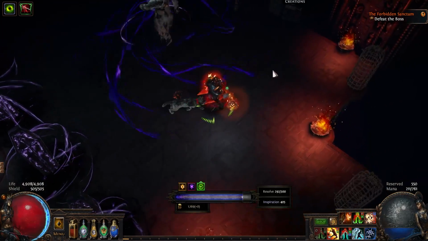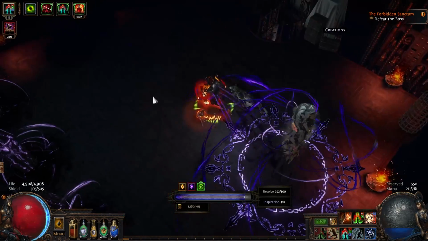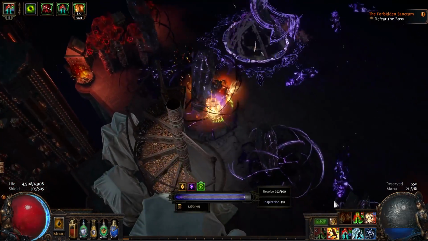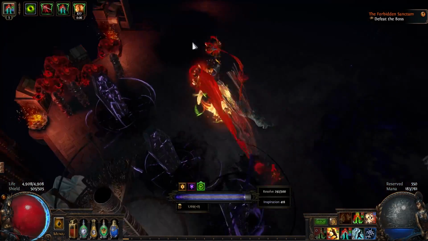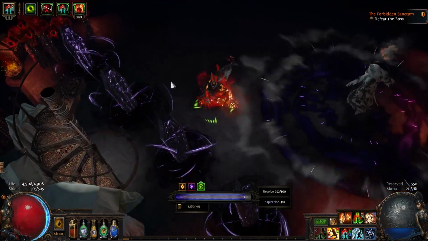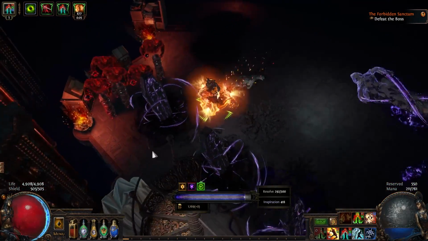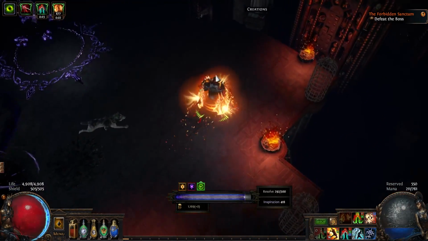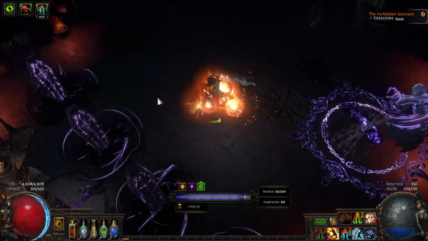AoE ground slam. Now above 75% health, he will start summoning these lines of tombs. Between 75 and 100% health, he'll have one line, and these tombs activate when you run over them. They lift up in the air, and they slam down in place. This serves as additional area denial. Between 50 and 75% health, he'll summon a second row of tombs, and then at 25 to 50, he'll summon